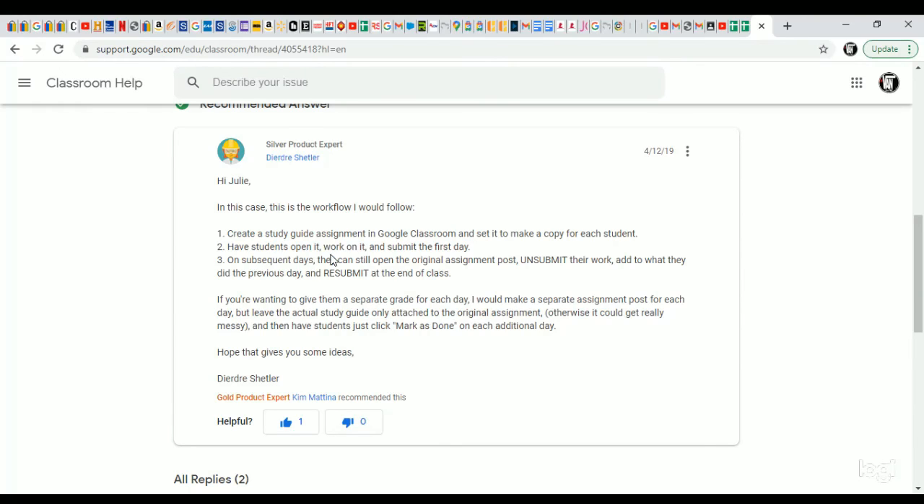So you work on it the first day, and then you submit it. Then the next time you want to submit it, you have them unsubmit their work, add to what they did the previous day, and then resubmit at the end of the class. That's one way to do it. The other way is to get a separate grade each day. This is what we're doing with the design brief. So I'm going to make a separate assignment